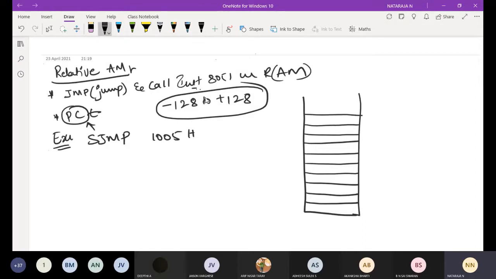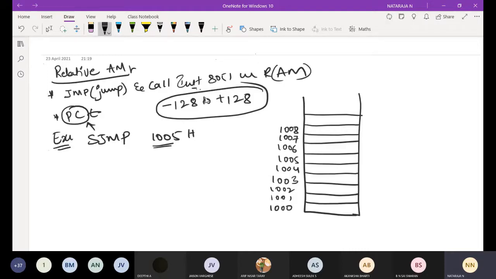These are the different address locations. They start from 1000, because I'm starting with this. I have already taken this value for the SJMP address, so I will take 1001, 1002, 1003, 1004, 1005, 1006, 1007, 1008. These are the different address locations.